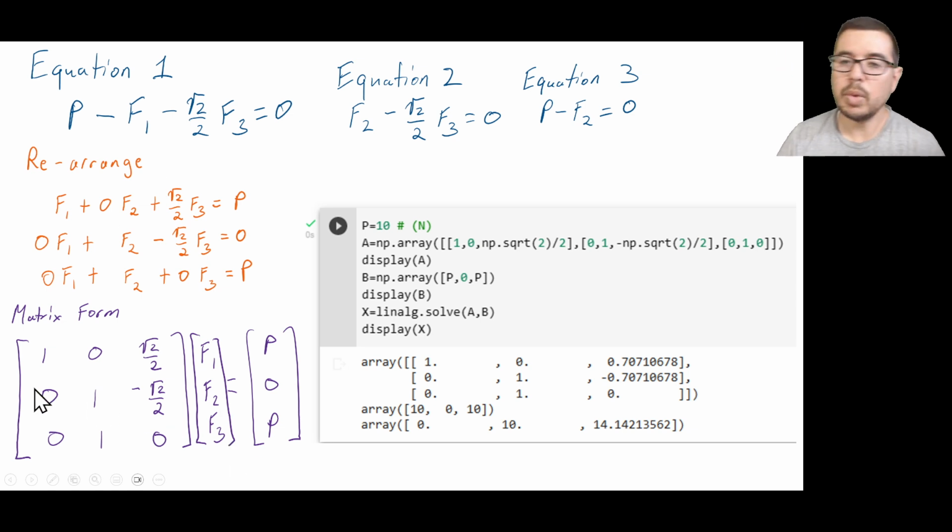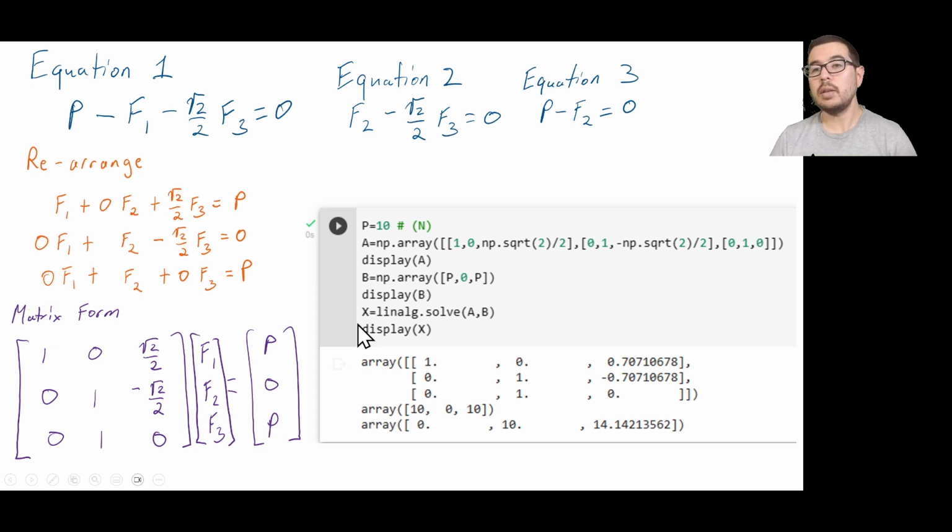So if I do my matrix multiplication, I have 1, 0, square root of 2 here, times this column. And the first element in this column matrix, which is 3 rows by 1 column, is going to be equal to this p, like here. So this times this is going to be equal to p, which is what we have here. So I see p, 0, p, 0, p, like that, right? And then in